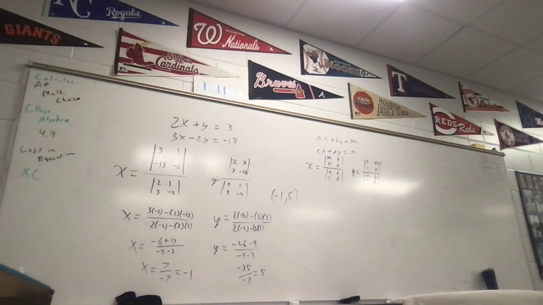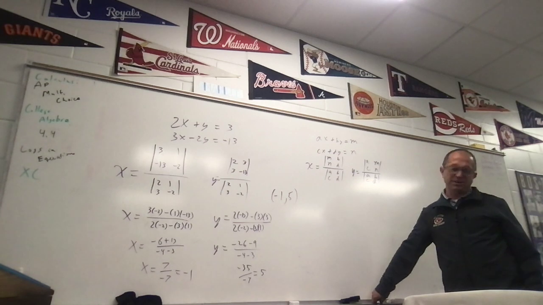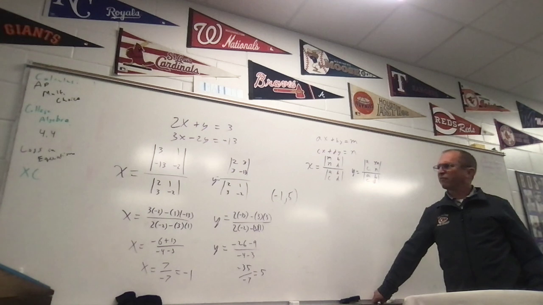In Cramer's rule, the arithmetic's not difficult. It's just a matter of remembering the formula. And first period today when I was doing it, I started second guessing myself, so I had to go back and double check to make sure I had the formula right. So if it's something you don't use very often, it might not be the best way to do it, but it's another tool in that tool chest that you can use to solve it out. So we looked at 3 different ways of solving